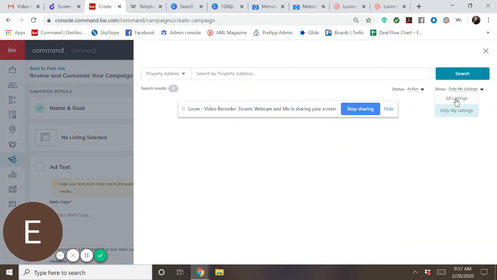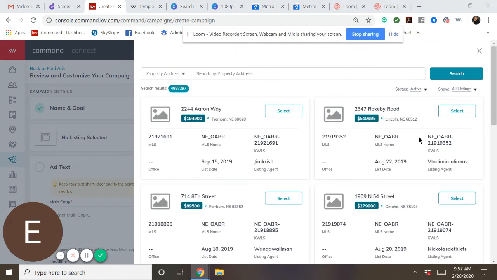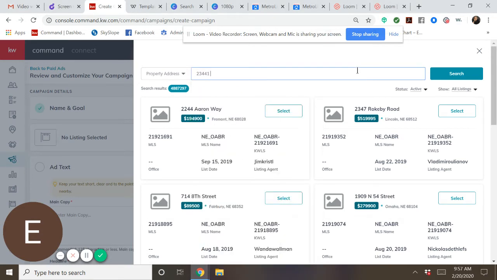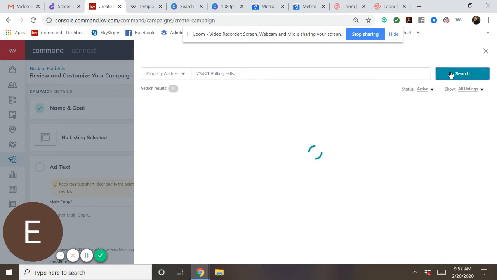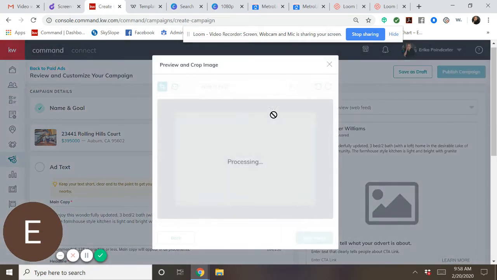Make sure that you have the all listings tab button open because if it's just showing your listings and you don't have any listings, nothing's going to come up. Although I have a listing and it still doesn't show it in my listing. So choose all listings. This is my listing on Rolling Hills in Auburn. So you select that listing,